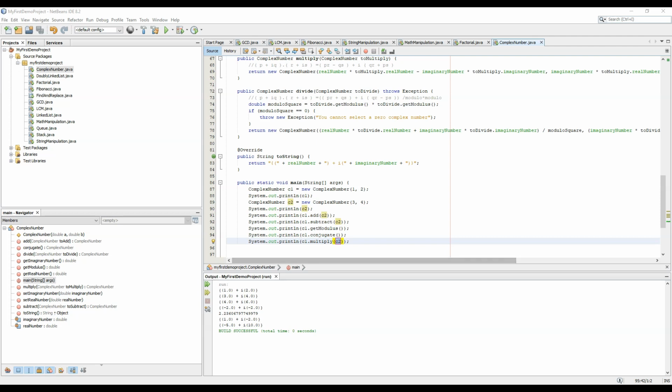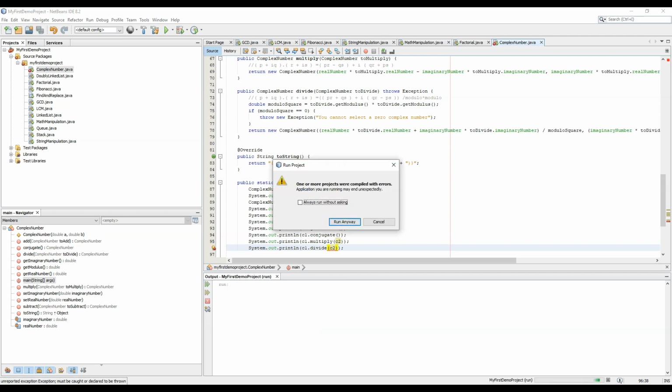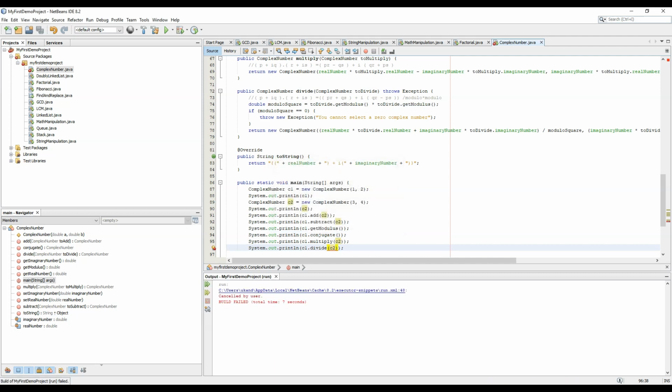So now let's divide. So let's copy paste this function here and use the division function. Let's check. So it is throwing an error, so we need to throw an error. So we just need to throw it in the main or add a catch.